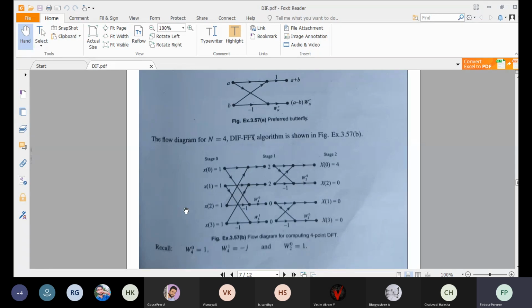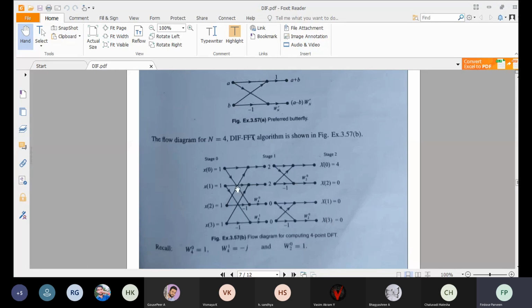It is represented as 1, 0. If you write from the left hand side, it is 1, 0. If you see the same number from the right hand side, it is 0, 1. So 0, 1 represents 1. That is x of 1, like this. So x of 3 is what? It is 1, 1. When you see from the right hand side, again it is 1, 1 only. So it is x of 3 like this.